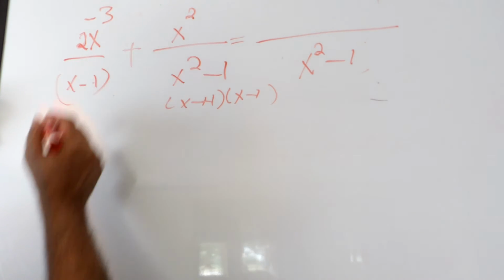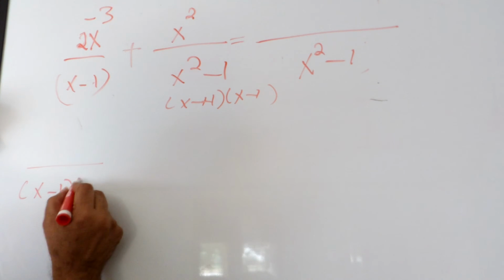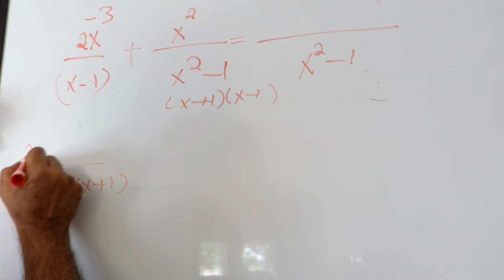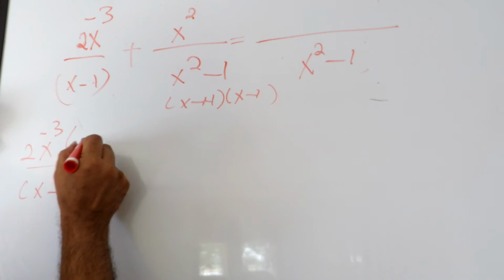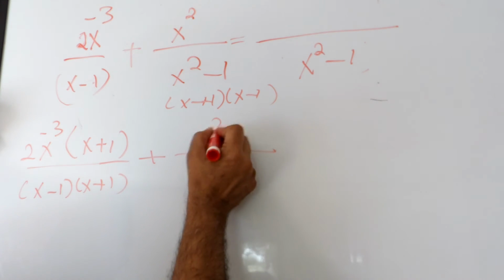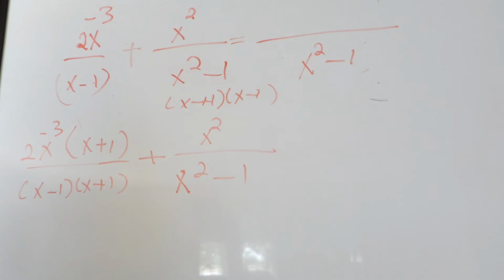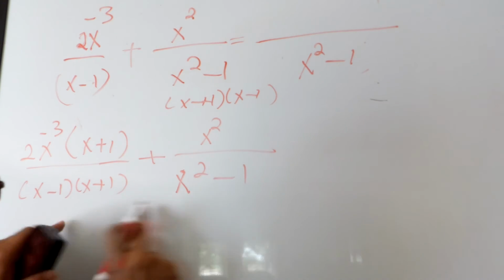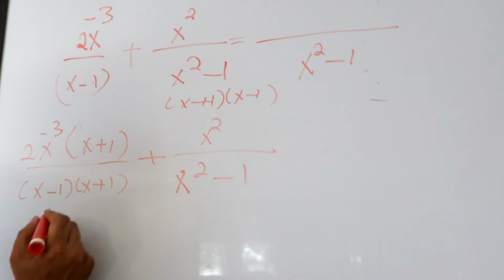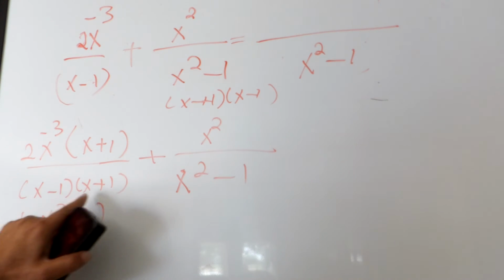So you multiply the top and bottom by x minus 1 to make the common denominator x plus 1, and then the 2x minus 3 times x plus 1 plus x squared minus 1. So we have the same common denominator, x squared minus 1. That is what it is. X minus 1 times,